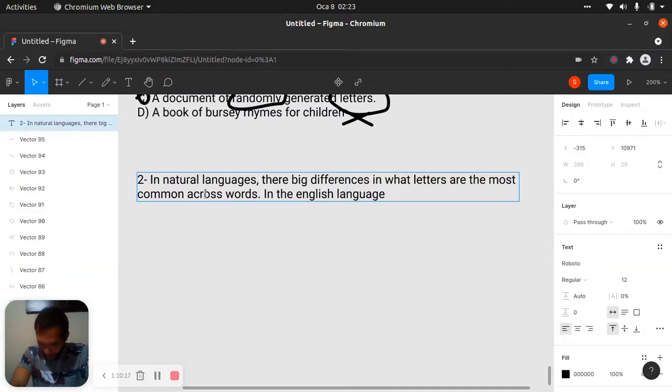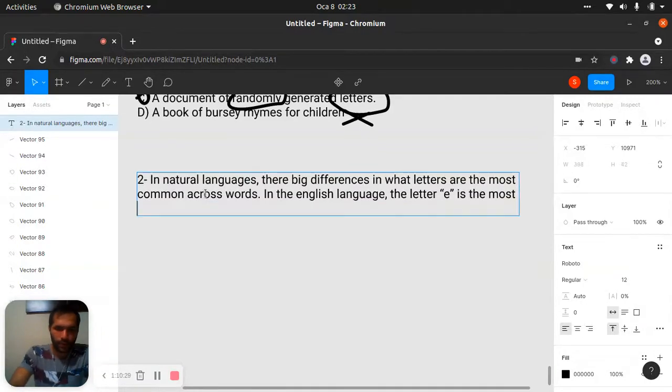In the English language, the letter E is the most common,